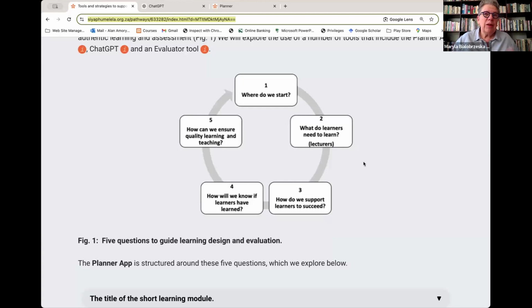In this case, they could be the lecturers or other staff involved with supporting open learning and online learning. What is the actual content, so that one is clear about that. And then how do you support people to learn? That's about how you